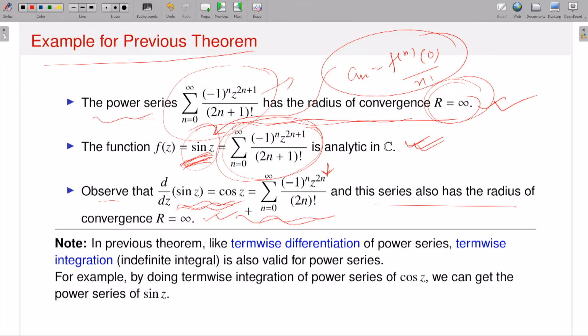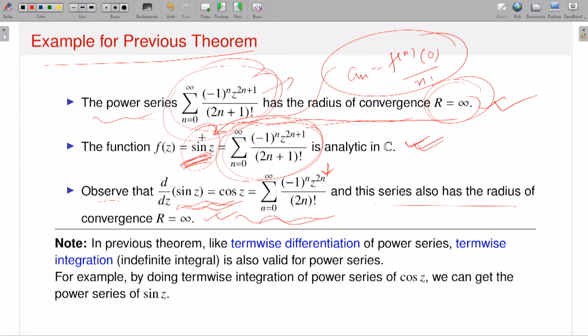So this is another advantage. If I have a power series and you know the expression, then you can get the power series of the derived functions, because they will have the same radius of convergence. If I know the sum function of this power series turns out to be the sine function, then I can get the series expansion of the cosine function around the point z equal to 0. This is if I take the one time derivative.